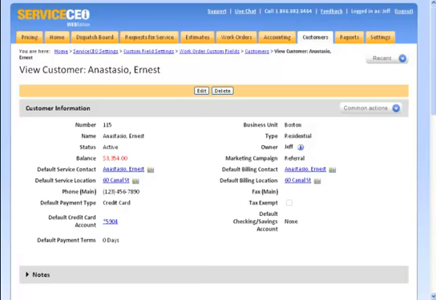In this video, we'll cover adding payment accounts such as credit cards and checking and savings accounts to the customer record in Service CEO. With the introduction of payment processing, we've made some changes to the customer record. First, we'll overview those, then we'll show you how to add a credit card account as well as a checking